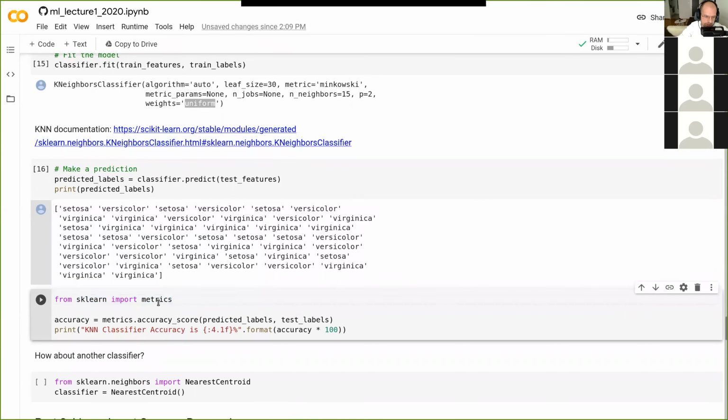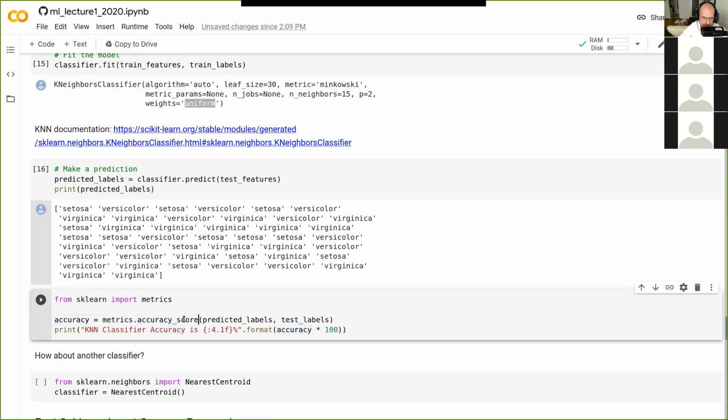And so if you look up scikit-learn metrics, there are maybe 100 different ways to calculate metrics for your machine learning model. One of them, the one I'm interested in here, is the accuracy score. The accuracy score just tells you how many correct and how many incorrect data points you have, and it makes that into a decimal number.